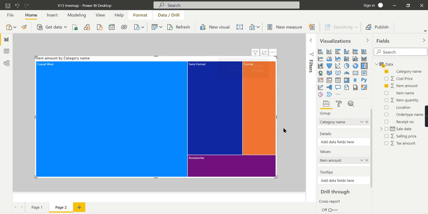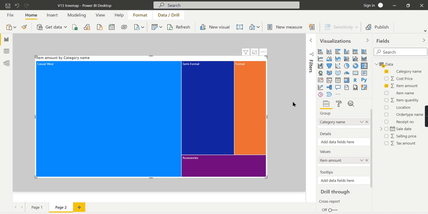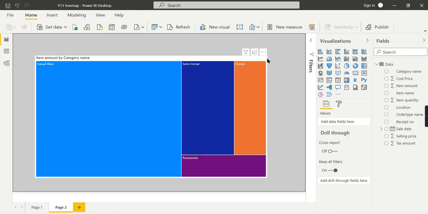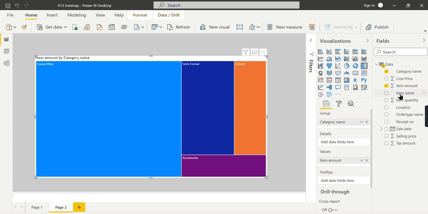So this is the typical tree map visual, which easily enables us to analyze which item in the category has the most value, right? In this case it's casual wear, and it is also used to find the least. It is however you want to analyze. An important factor is how people analyze it. Instead of analyzing in a correct way, they put the categorical or hierarchical value here, right?